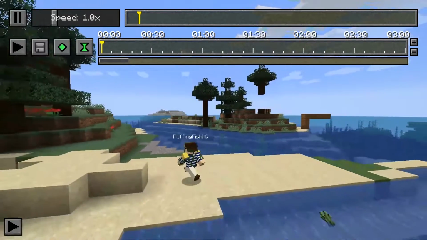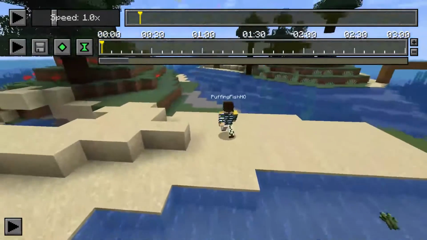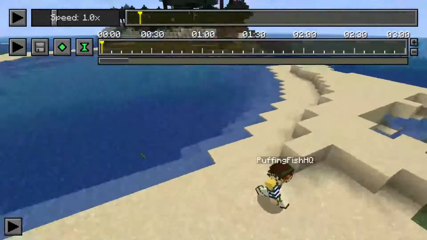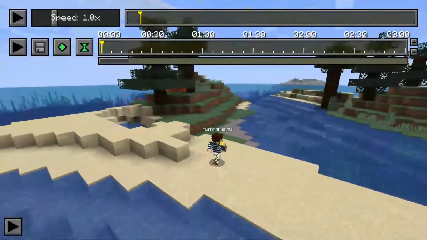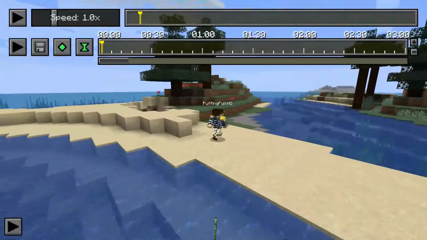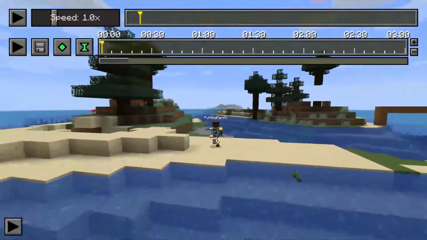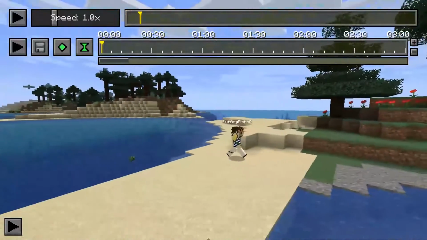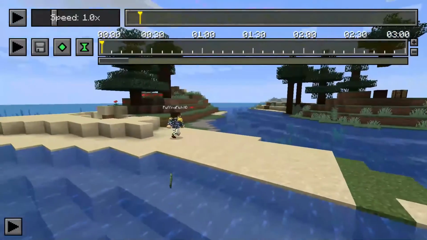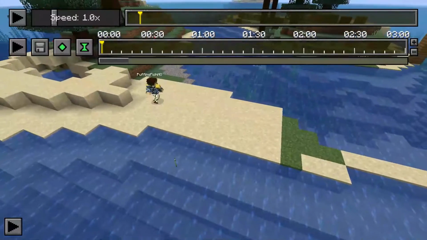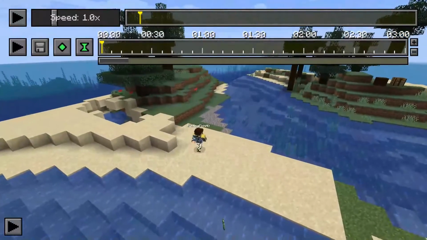As you can see, we start as this virtual camera that actually is able to completely move freely. It's almost like creative controls. It's a little bit jerky, but as you can see, it's really nice and easy to kind of navigate here, and you can see your player in the third person. So what a lot of people like to use this for is time lapses, so I'm going to show you that